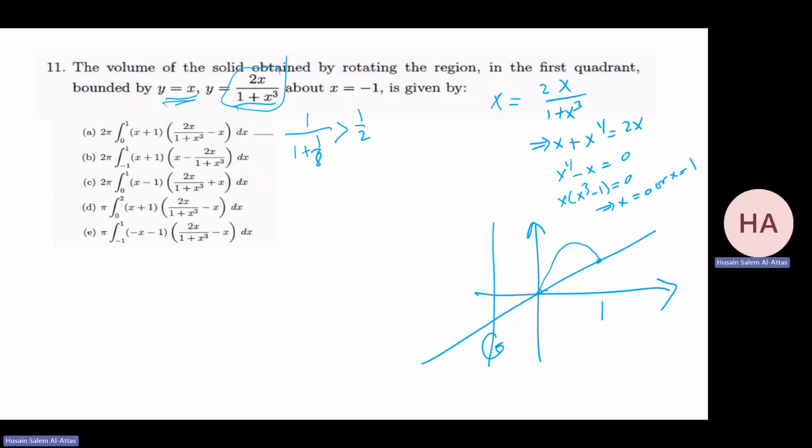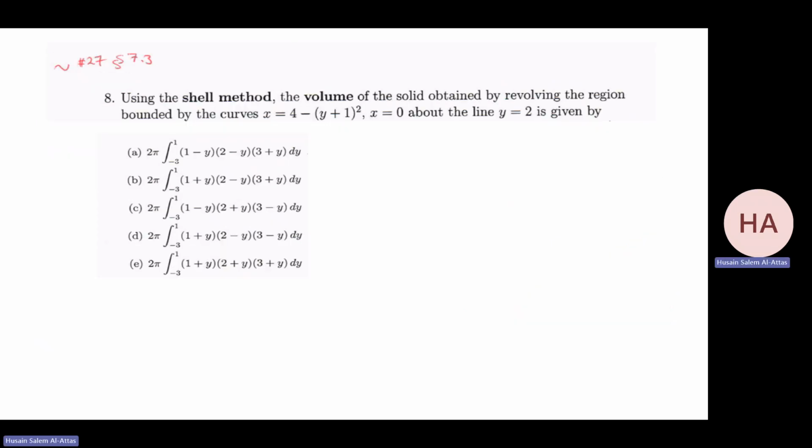I don't care how. So for sure, h of x will be this minus x. This will be the line. And b of x will be x plus 1. This is minus 1. Okay, so this is my answer from 0 to 1. From 0, since they agree at 0 and 1. Between 0 and 1, for sure, this function is above this. Very clear. Using the shell method,